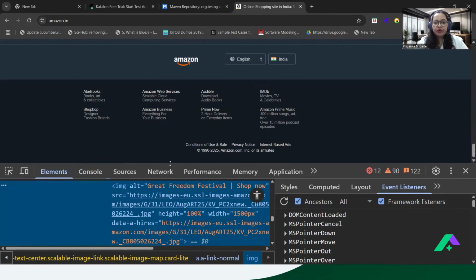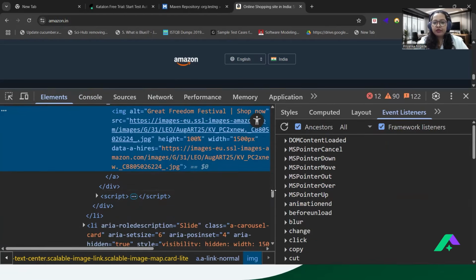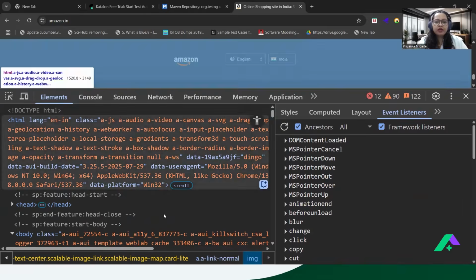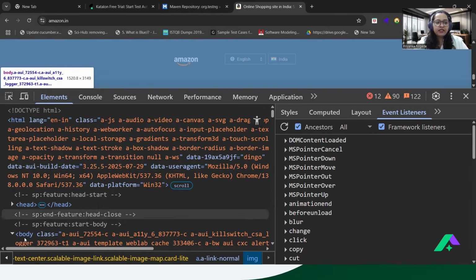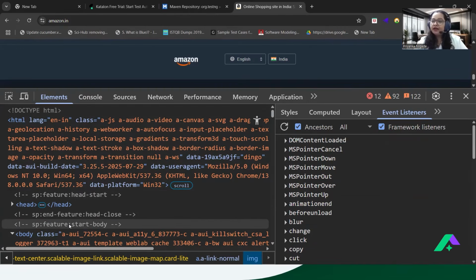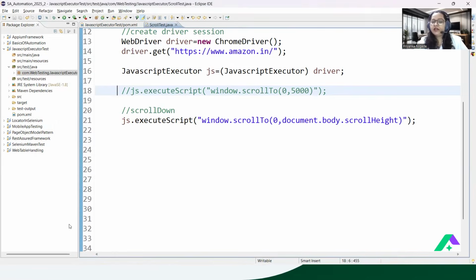Whenever you see the DOM inside this dev tool, you can see this is the code written for this application by the developer. And what is this? This is a document which is a type of HTML. And inside this, you can see the complete page code is written inside the body. So what is body? Body is a tag here. So based on the document, come to body, and then interact. That is what I have written here.